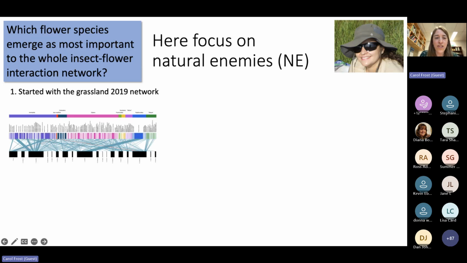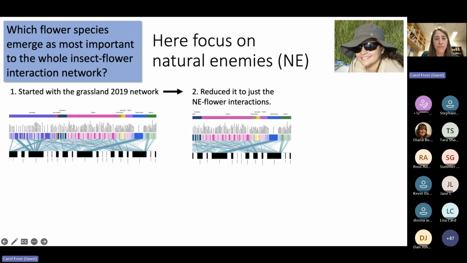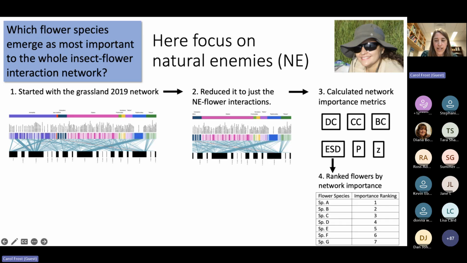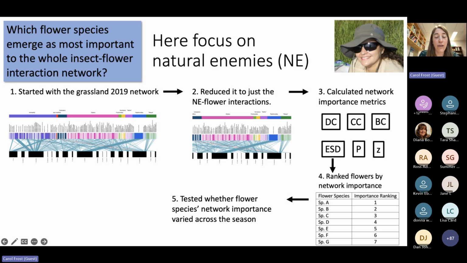So she again started with the 2019 grassland network, reduced it to just the natural enemy flower interactions, which was mostly deleting all the bees, but she actually poured through and looked for evidence that each species was a natural enemy, predatory or parasitic. Calculated the network importance metrics, ranked the flower species by their network importance,